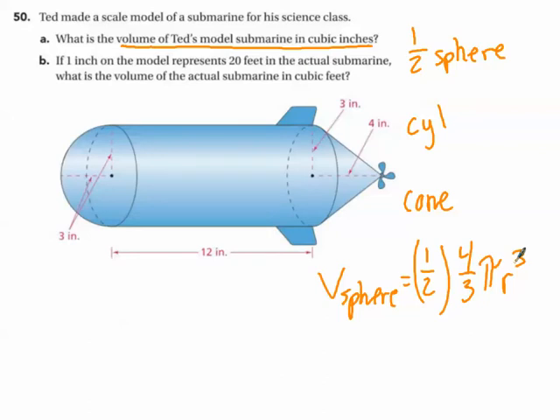For B, it says if 1 inch represents 20 feet, because all of these are in inches, I'm going to find the total volume that I have, and I'm going to create a proportion. I'm going to say that 1 inch is equal to 20 feet. And I'm going to know that if I have